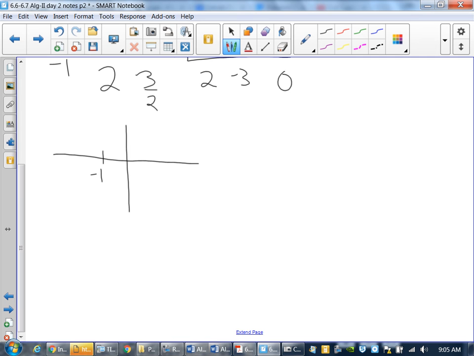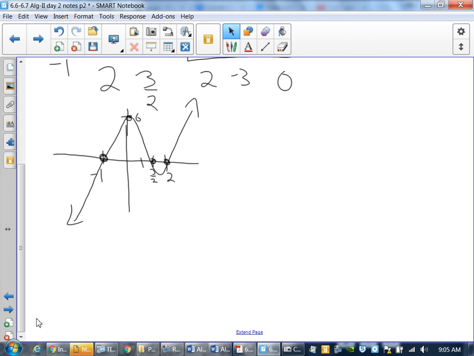So let's see, negative 1, 2, 3 halves, and we'll say 6 is here. Whatever. There you go. The idea is to be able to take some information from the given polynomial, basically y-intercepts, to figure out your heights on some values